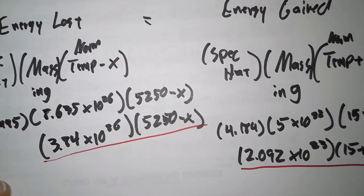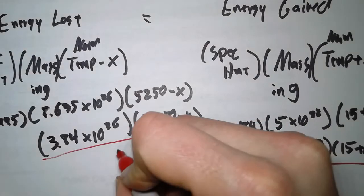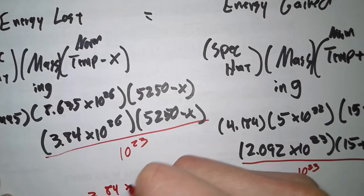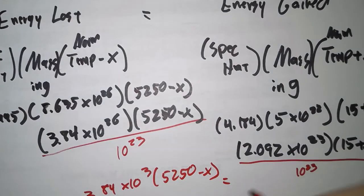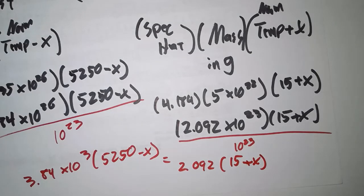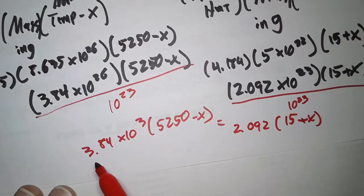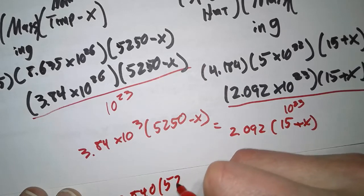Now, one thing we can do to help make this problem easier is to say, well, we're just multiplying by these really big numbers, 10 to the 26, 10 to the 23rd. So let's scale this down. So what we can do is if we just divide this whole problem by 10 to the 23rd, what we end up with is 3.84 times 10 to the third times 5250 minus x. And then we end up with 2.092 times, the 10 to the 23rd is gone, times 15 plus x. So we've just scaled down our numbers, made it a little bit easier. So 3.84 times 10 to the third, that just means we move the decimal point over 3 places. So 3840 times 5250 minus x